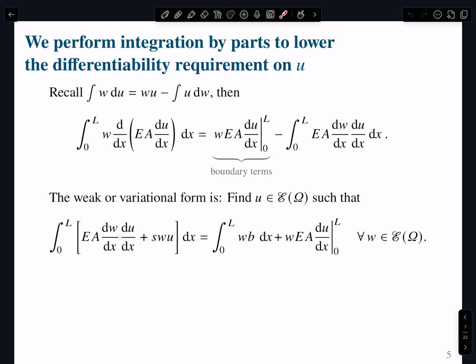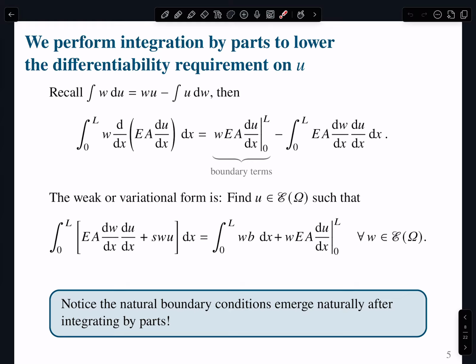Okay, so now we have a variational statement of equilibrium. Remember that this expression has to hold for every function w in that space. Every function, right? So the orthogonality is not between two functions, the differential equation and some function w. It's between the differential equation and a very big set of functions that live in a certain functional space. And you notice that the boundary term pops up naturally by doing integration by parts. So this is our statement of weak equilibrium for this very simple one-dimensional problem.